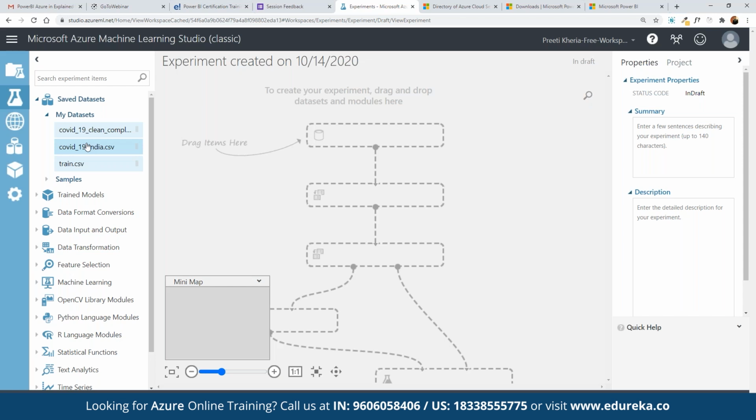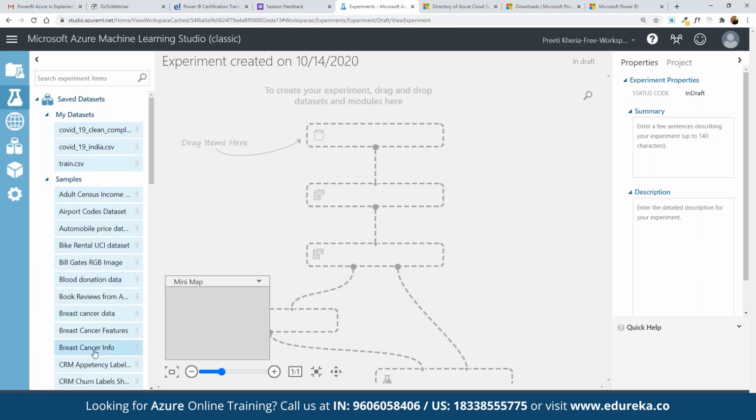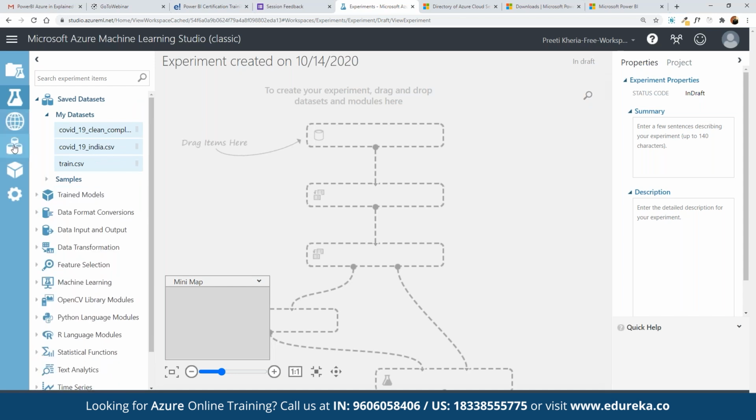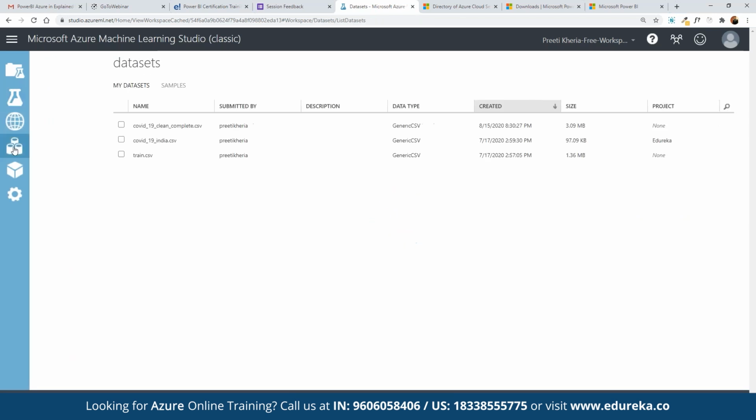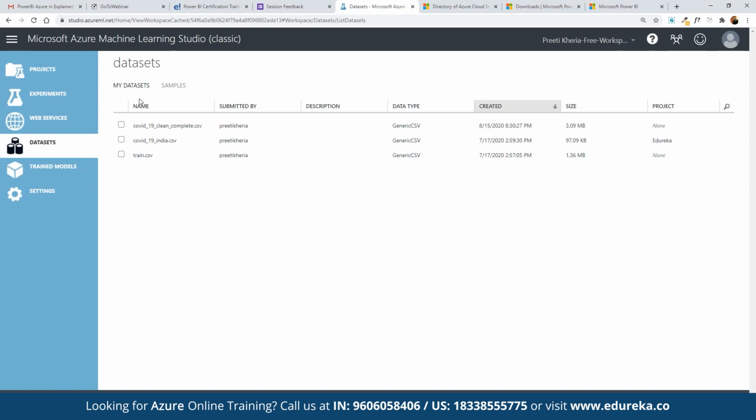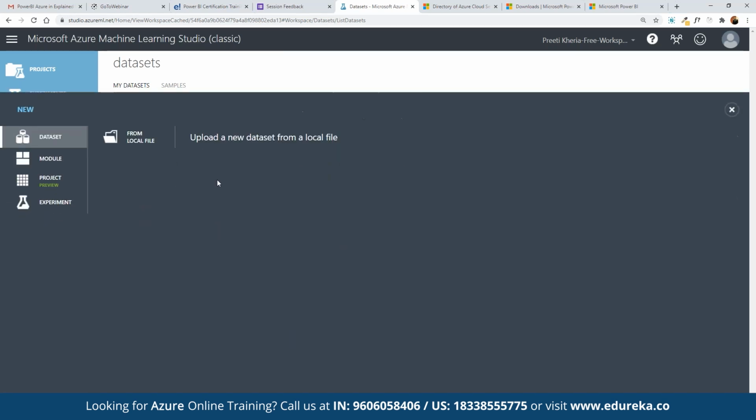Now for this, in case we don't have a data set available, here we can click on samples where we have sample data sets already available that we can play around with. Or if we want to work on our own data set, here we can click on this option, data set. And to start new, we can simply click on new. We can choose from a local file. Let's say we have used a local file for the sales data, right? And now we want to create a sales prediction out of it. Then here we can create a model for that sales prediction as well.